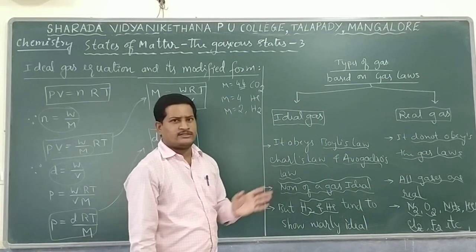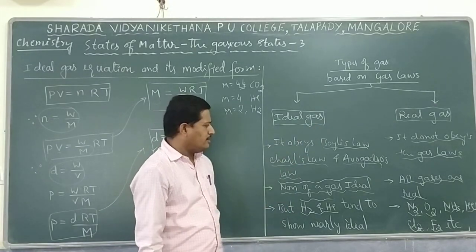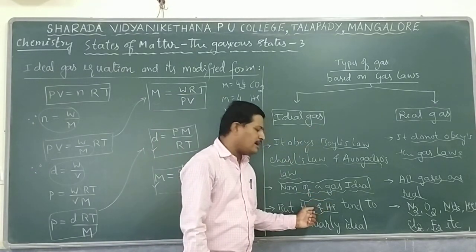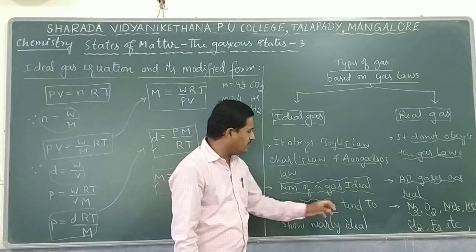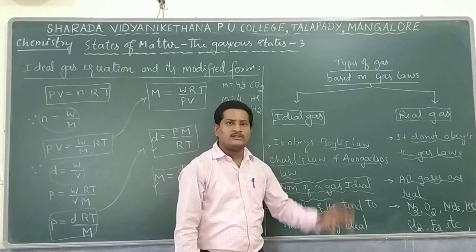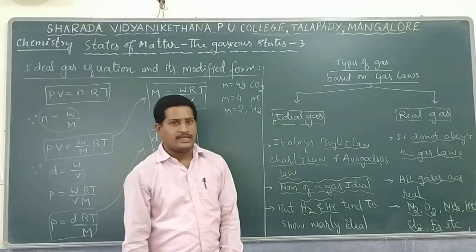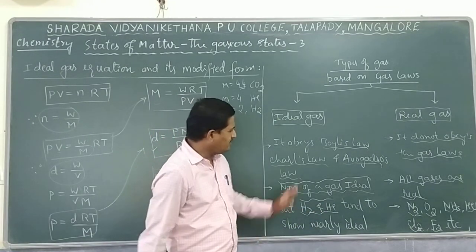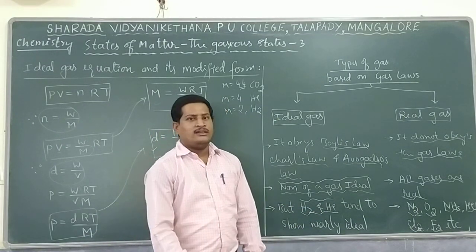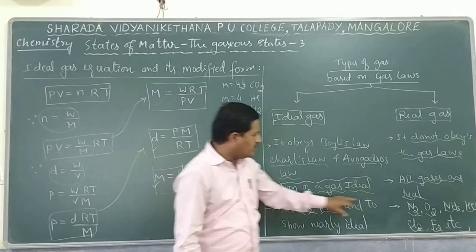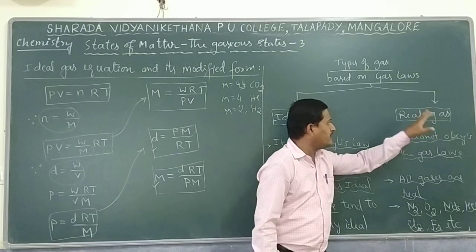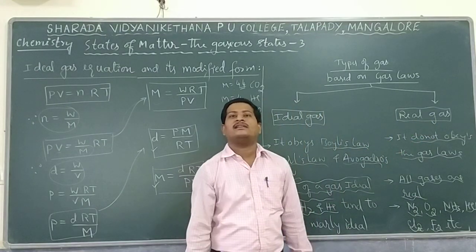Almost all gases are found to be real in nature, but only a few of them, hydrogen and helium, are nearly ideal, not ideal. None of the gas molecules are found to be an ideal gas. Now one question arises. What is that basic question here? What is the condition for an ideal gas or a real gas? How do you consider these gases to be real gases, or all gases to be real gases?